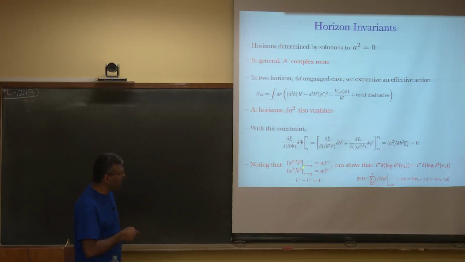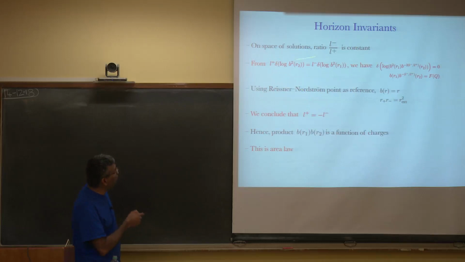And noting that we define a squared minus b squared to be the distance between the horizons, the non-extremality parameter, which we'll call alpha here, we can write this expression in terms of alpha L minus and alpha L plus with a constraint L plus minus L minus equals 1. And we can show that this is true. Now L plus and L minus, these parameters we introduced, on the space of solutions, the ratio is constant. So from this, we can use what